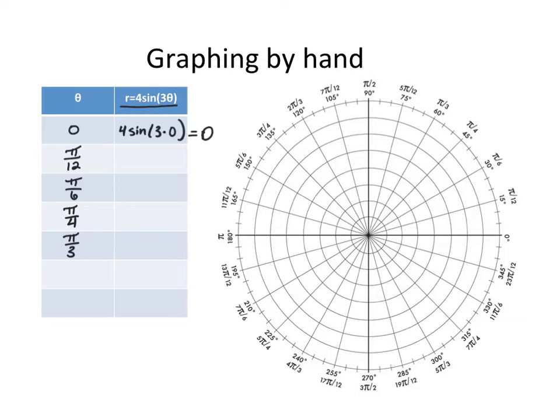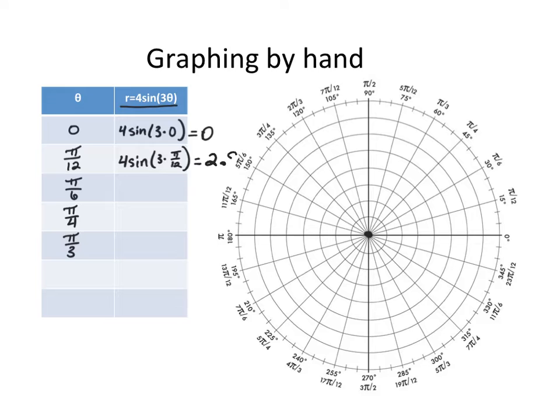Okay, so then I have a point. My theta is 0 and my r value is 0. So I'm going to face towards the angle 0. I'm going to walk out 0 points, which is a point right there on the pole. Okay, so I'm going to keep going. I'm going to do 4 sine of 3 times pi over 12. And again, I'm going to use my calculator here to evaluate this value. And I will get a value of